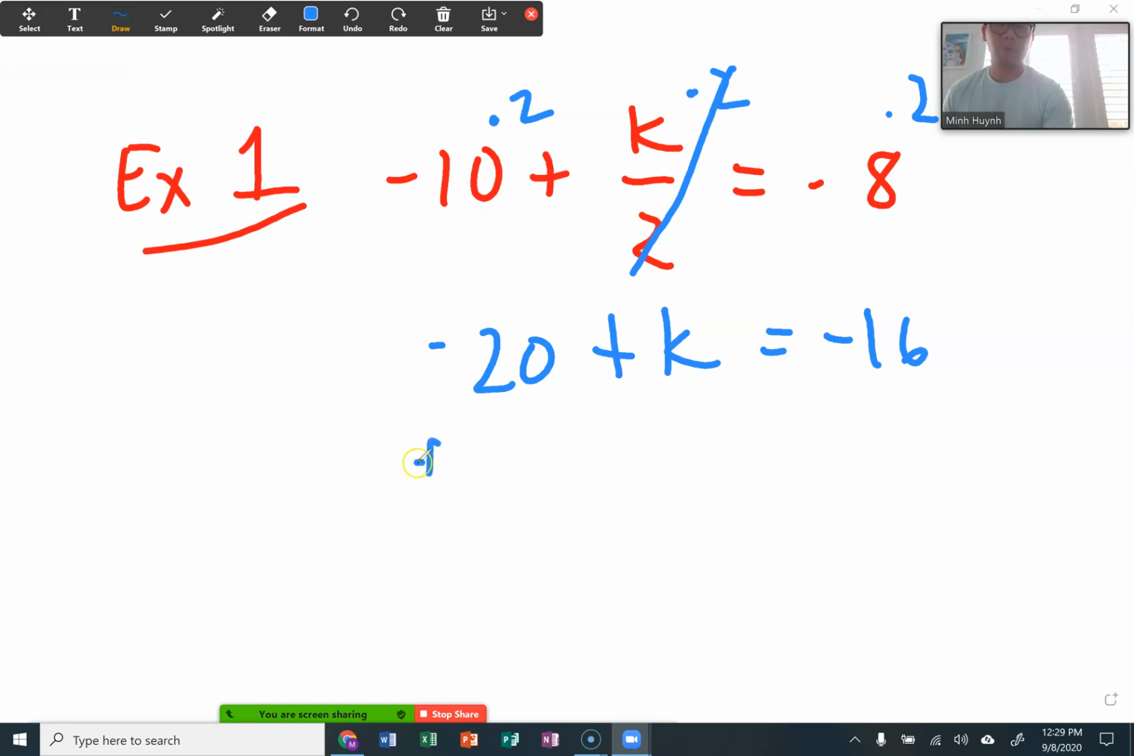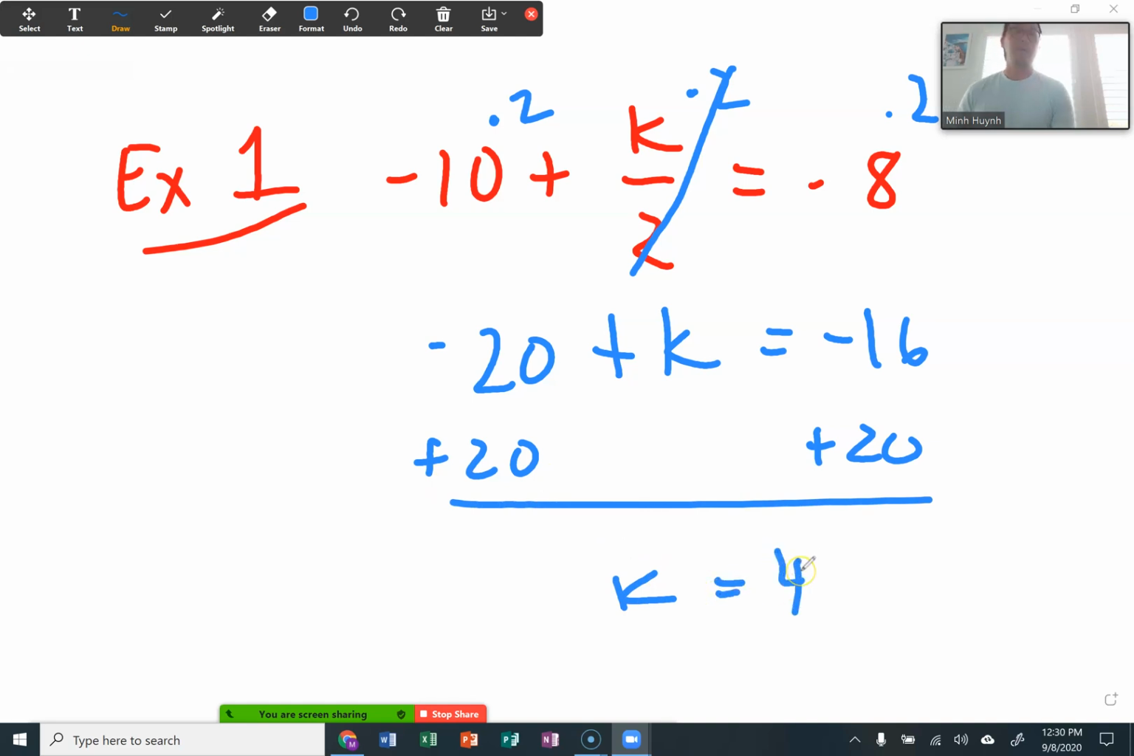Next you're going to add 20 to both sides, and so k is going to be equal to 4. So that's a way of getting rid of the fraction. Another type of fraction is what happens if all the terms are going to be divided by one single number, right? Notice that this was multiple terms, but only one of the terms was a fraction. The second one is going to be